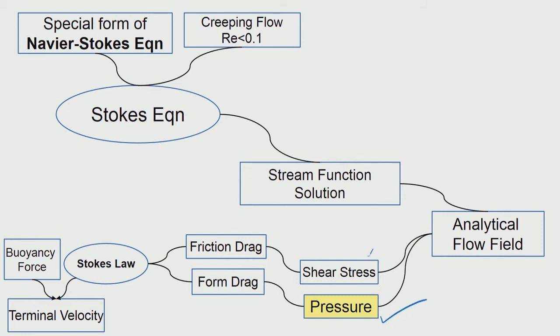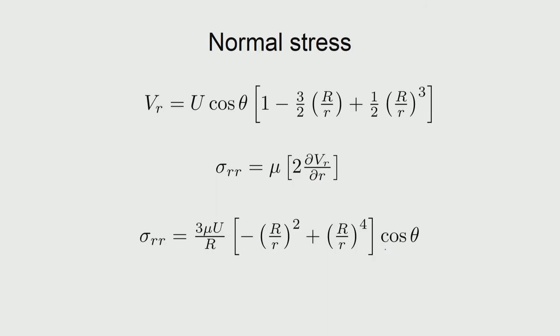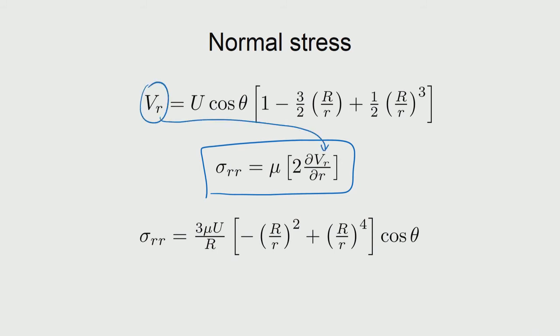Similarly, we now seek what would be the shear stress distributions. For that we again look at the connection between the stresses and the velocity gradients. That is available here for the spherical coordinate system, and the velocity components are there. So, we can substitute, and you have a 2 here. Why is it there? Because the stress is actually a symmetric tensor. So, when you have the same index, you see that the same term is being added.